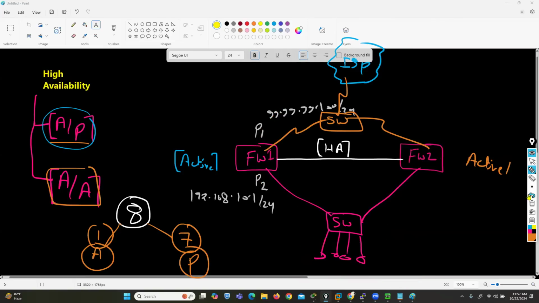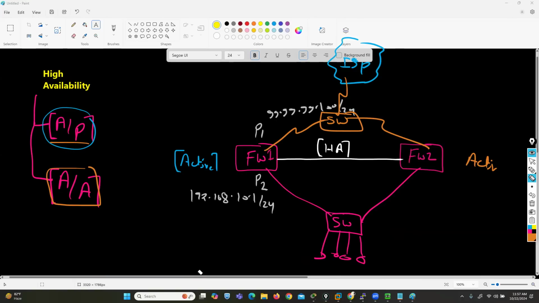Now let's talk about some troubleshooting scenarios. Troubleshooting scenario means what? This firewall is in passive state. So let's talk about some troubleshooting. The first troubleshooting is